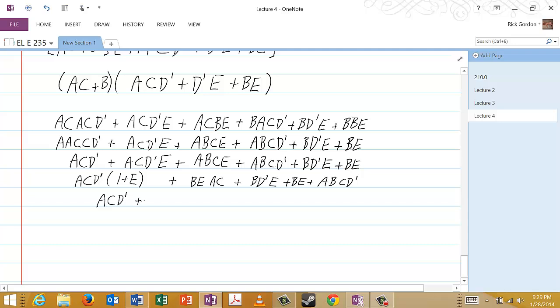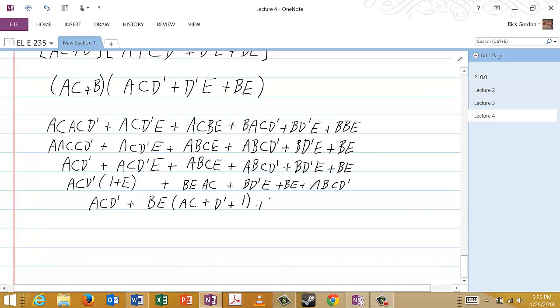Now, notice that the next terms could be written as B, E ANDed with A, C, or D prime, or 1. And then the last term is simply A, B, C, D prime. Well, this is a familiar story. 1 ORed with anything is 1, so this term here in parentheses is 1, and 1 ANDed with B, E is B, E. So we have A, C, D prime, or B, E,